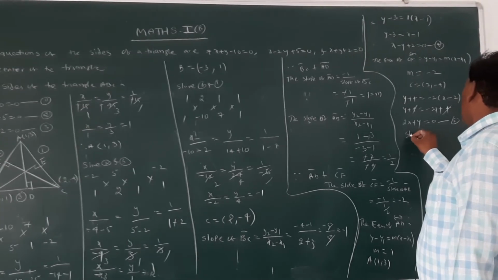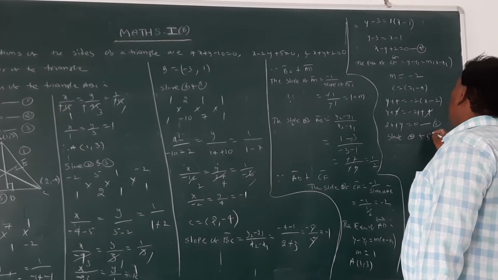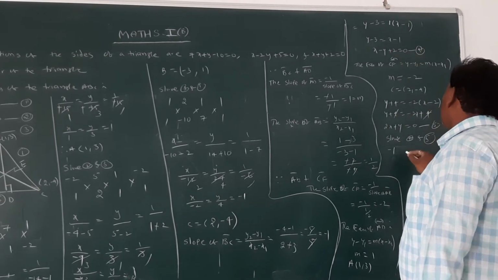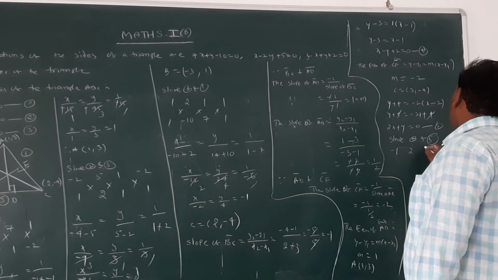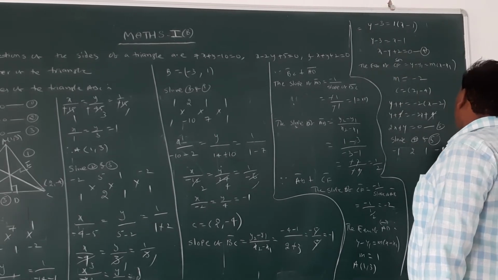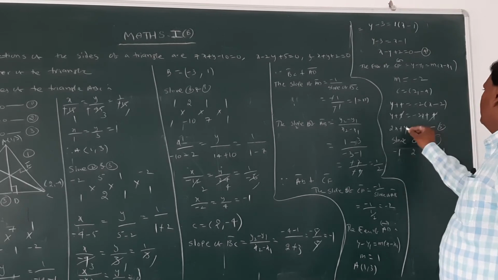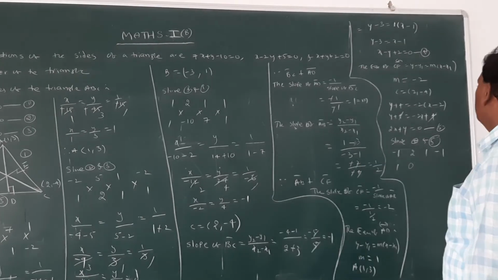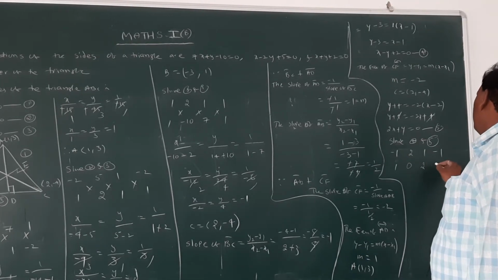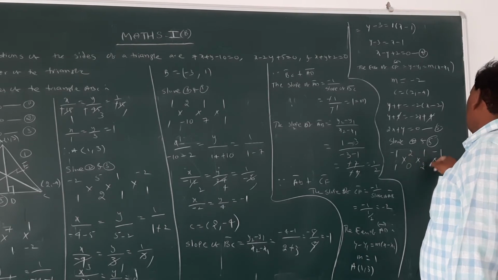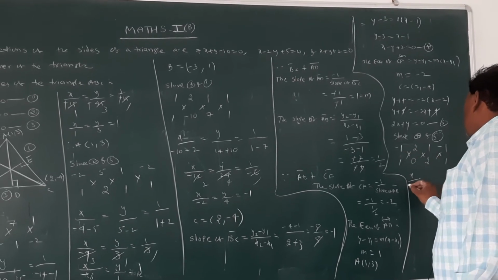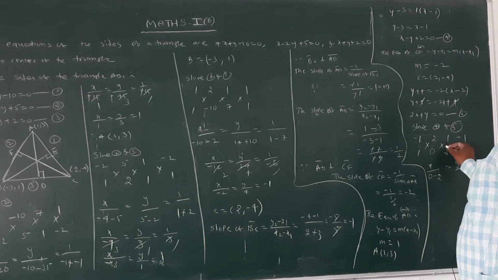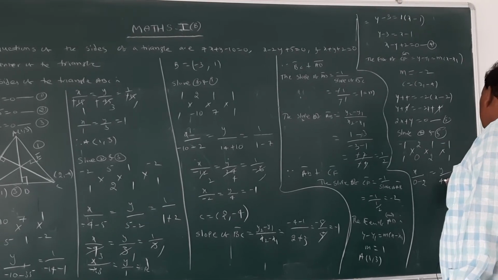Solve equations 4 and 5. First, in the fourth equation, the y coefficient is minus 1, the constant is 2, the x coefficient is 1. In the fifth equation, the x coefficient is 2, the y coefficient is 1, and the constant is not there, so it is arranged as 0. X: minus 1 into 0 is 0, minus 1 into 2 is 2. Y: 2 into 4 is 0, and 0 into how much? 0.